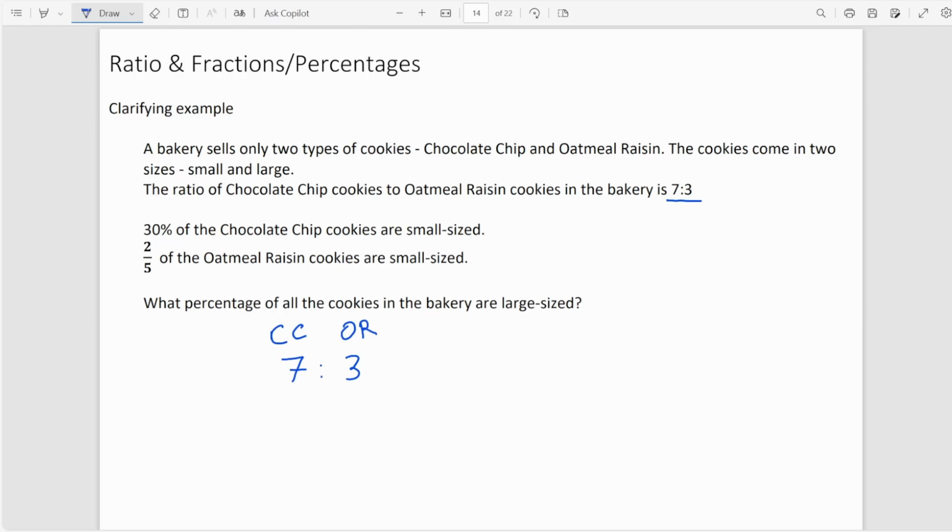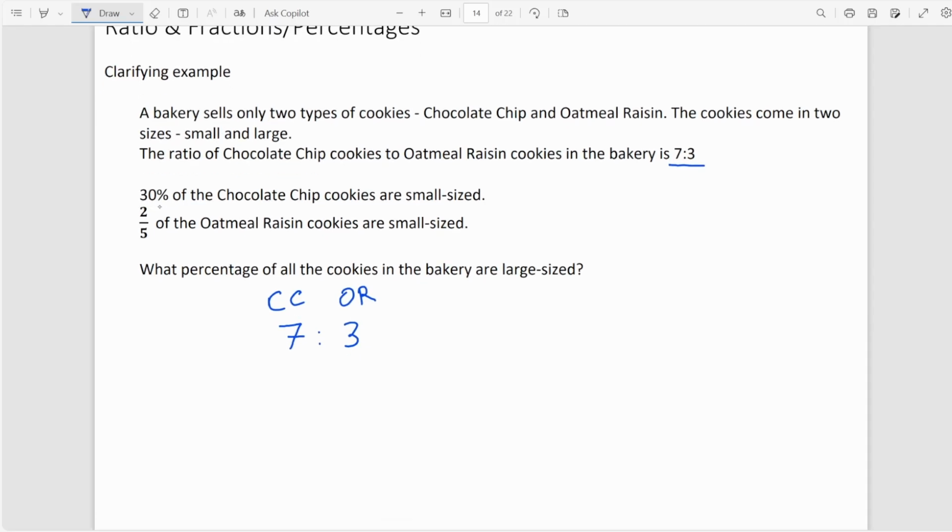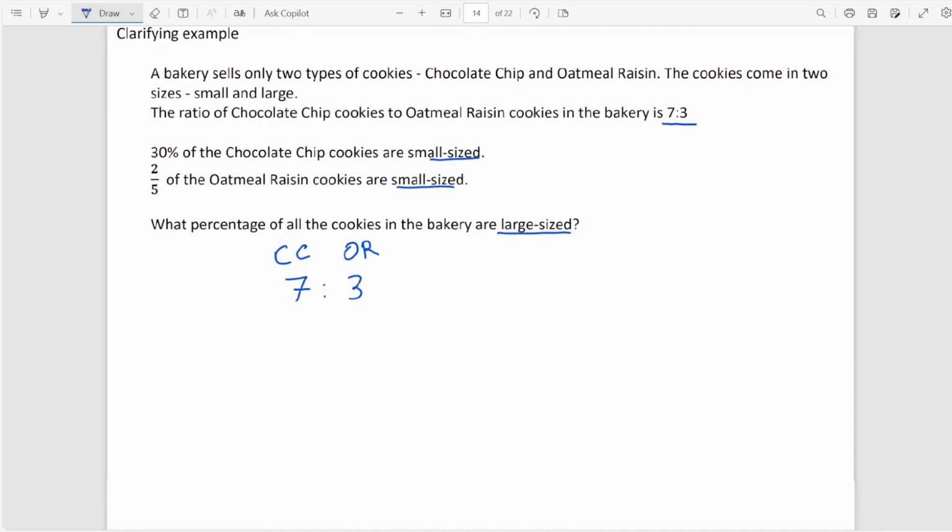Okay. Now, 30% of the chocolate chip cookies are small sized, and 2 over 5 of the oatmeal raisin cookies are small sized. What percentage of all the cookies in the bakery are large sized? Okay. So now, what I'm going to do is firstly find the percentage of the small sized cookies, okay? And then I'll find the percentage of the large sized, okay? So let's start by writing down the fraction